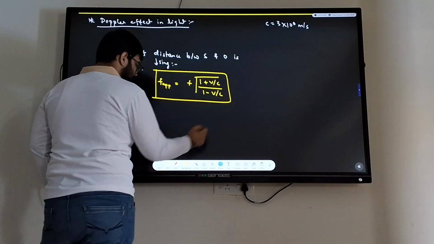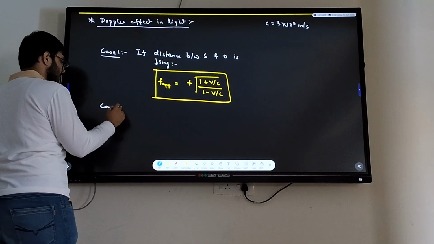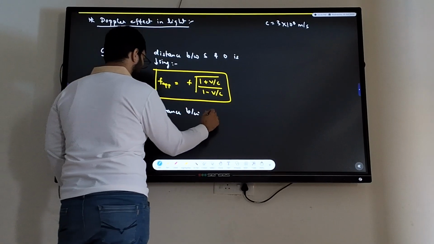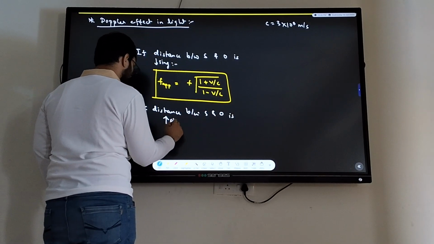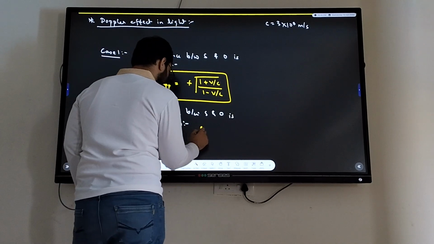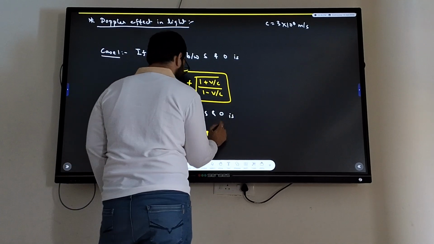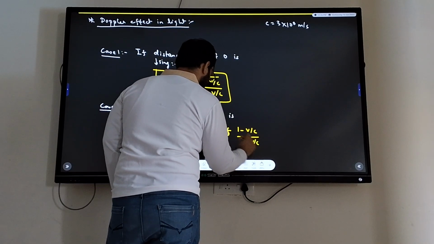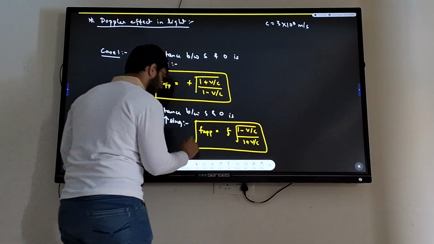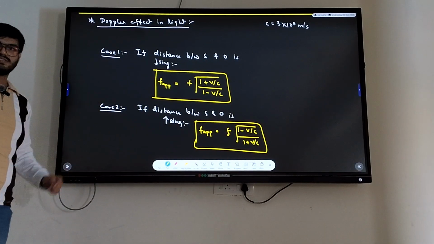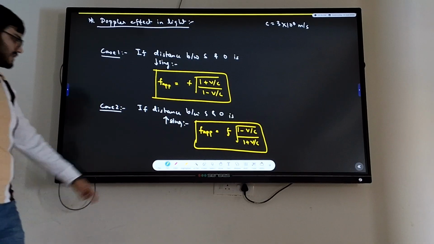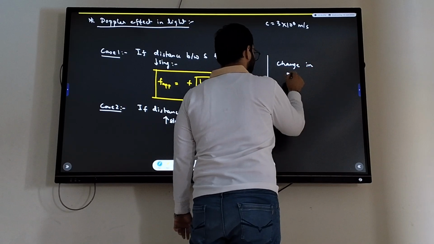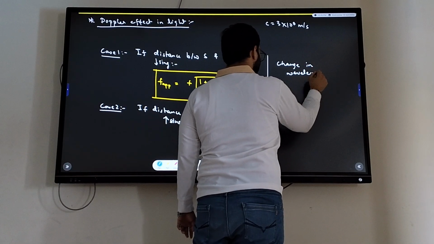And if the distance between them is increasing, then you can write this to be F into root of 1 minus V by C over 1 plus V by C. This is the formula there. So you just interchange the plus with minus. And there will be a change in wavelength as well. That's given as